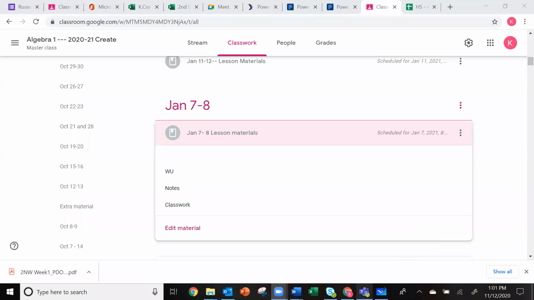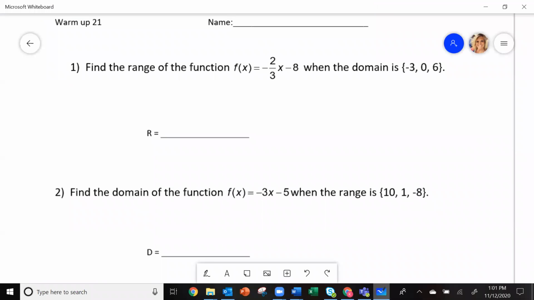This is warm up 21 that we will be going over. It's about finding domain and range given a function. So right here, if you know what to do, pause the video and then come back and see if you got it right. The first thing I would tell you is when it says find the range of a function,